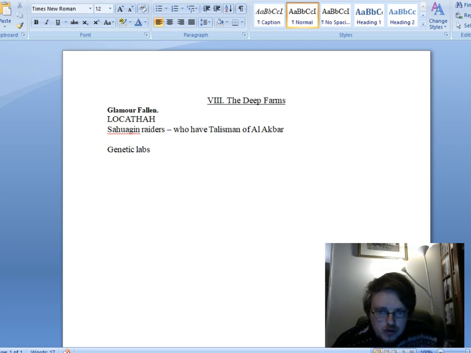Now, what we've got is the deep farms. As with my dungeon adventure, I've just taken a piece of my work that I've already got that I haven't developed, and we're going to develop it more. The deep farms is one of the grottos of the Fallen Feyarchy. That's a setting I've been working on slowly for about a year, which